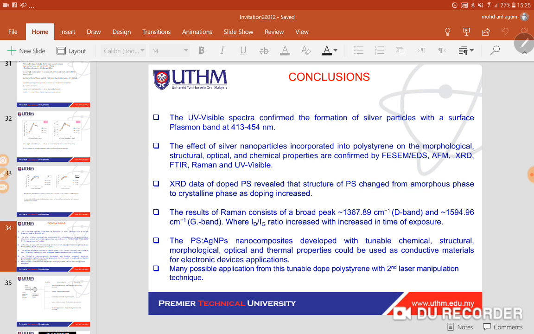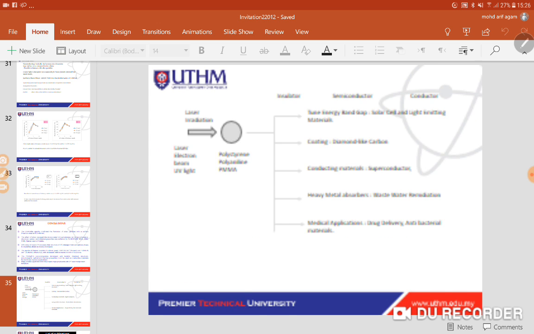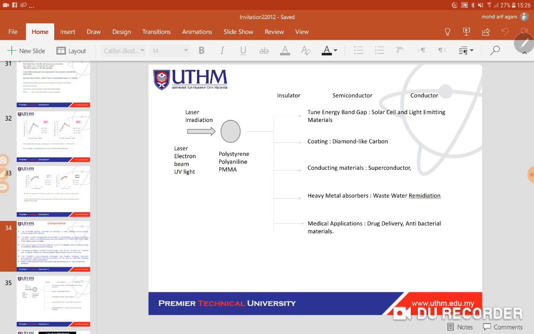Of course, I would like to point out that the UV spectrum confirmed the formation of nanoparticles. The effect of silver nanoparticles incorporated into the polystyrene is obvious in SEM, AFM, XRD, FTIR, Raman and UV spectrum. In fact, we calculated the energy band gap. I would like to give that data, but we have limited time. XRD showing that the